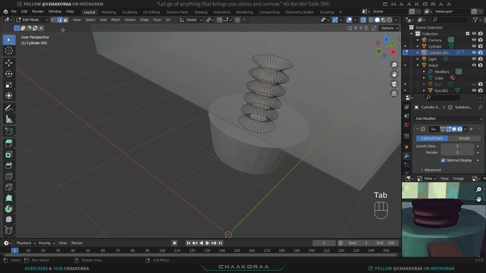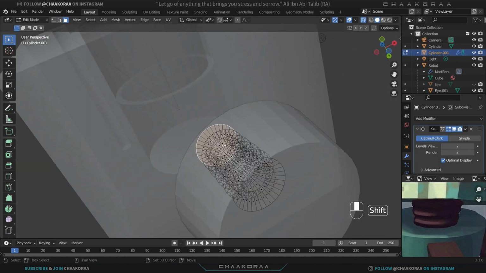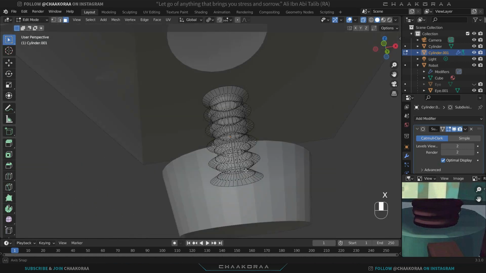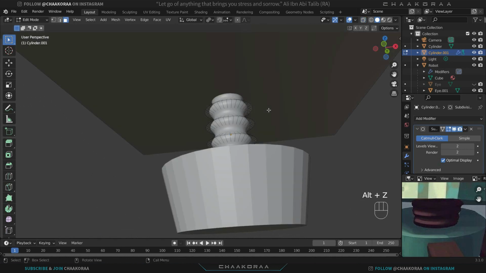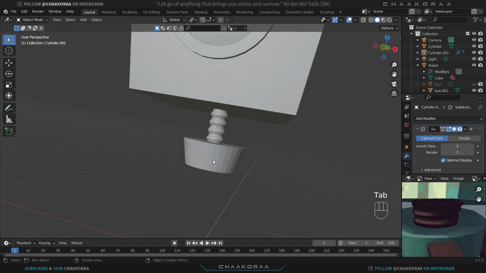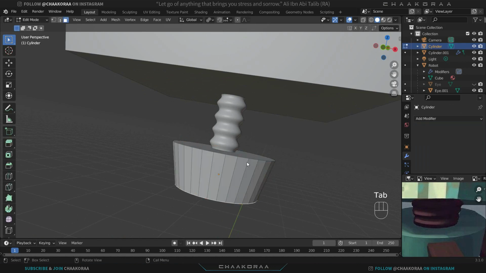Tab again to go to edit mode and select the face selection mode. Select the higher face and also the lower face of the neck part, and then press X, then faces, and delete these faces because we won't need them and we won't see them either. So I think it is good for now, and let's select this one and press Tab to go to edit